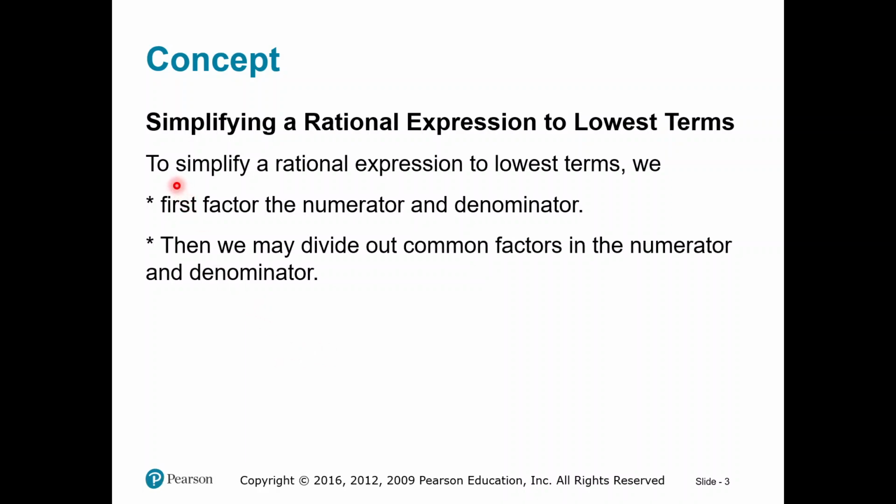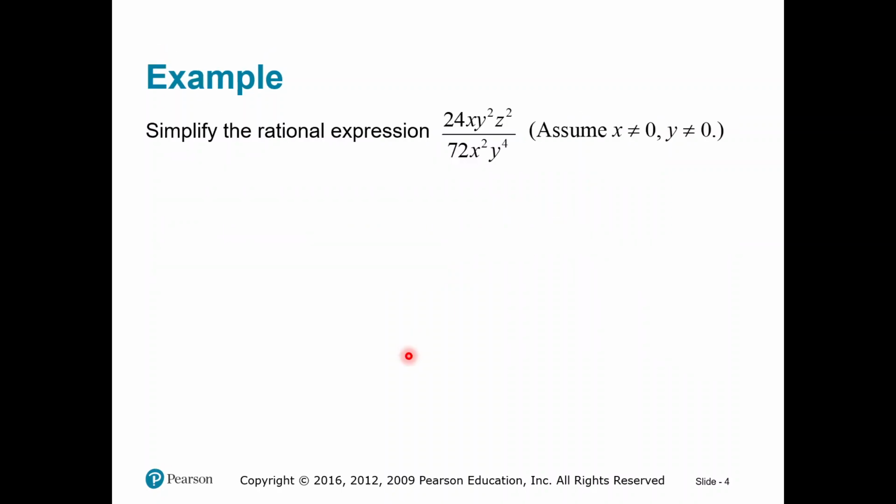So to simplify rational expressions, we have to first factor, and then we divide out the same factors. When we factor both the numerator and the denominator. And so, for example,